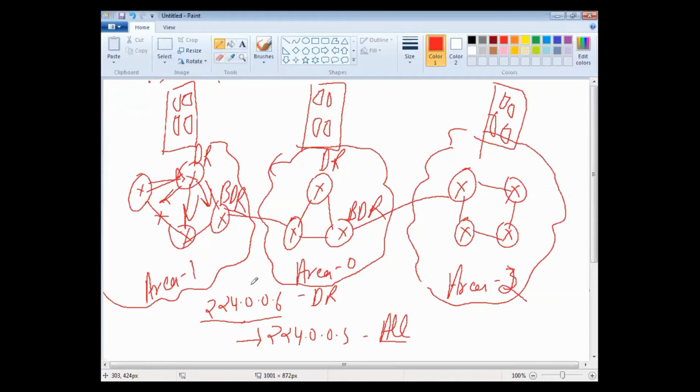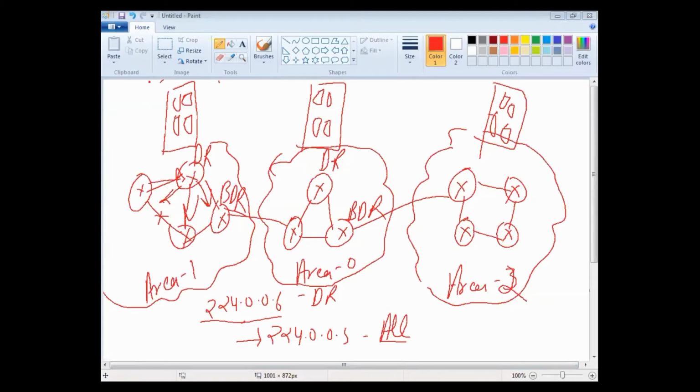LSAs refresh every 30 seconds, and it uses Dijkstra's shortest path algorithm. It also supports classless routing and VLSM. The administrative distance of OSPF is 110, and it supports only IP routing, not any other protocol.